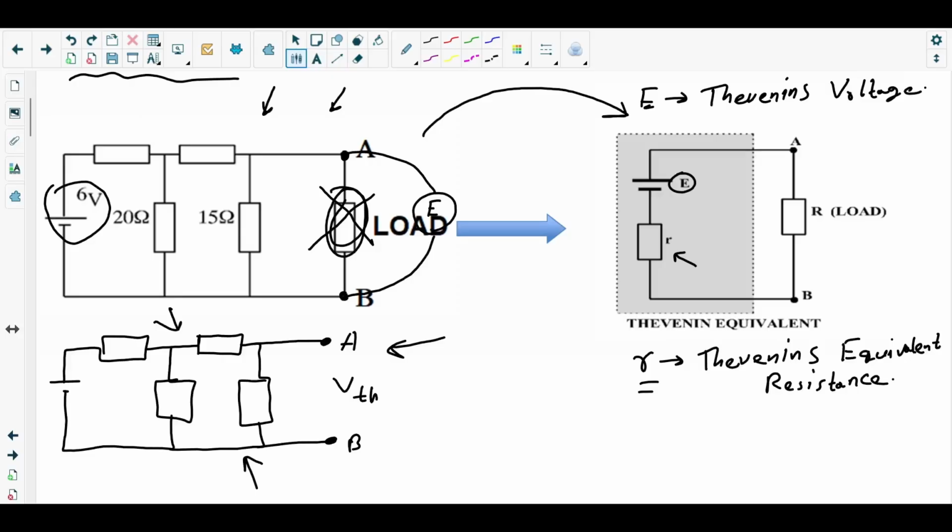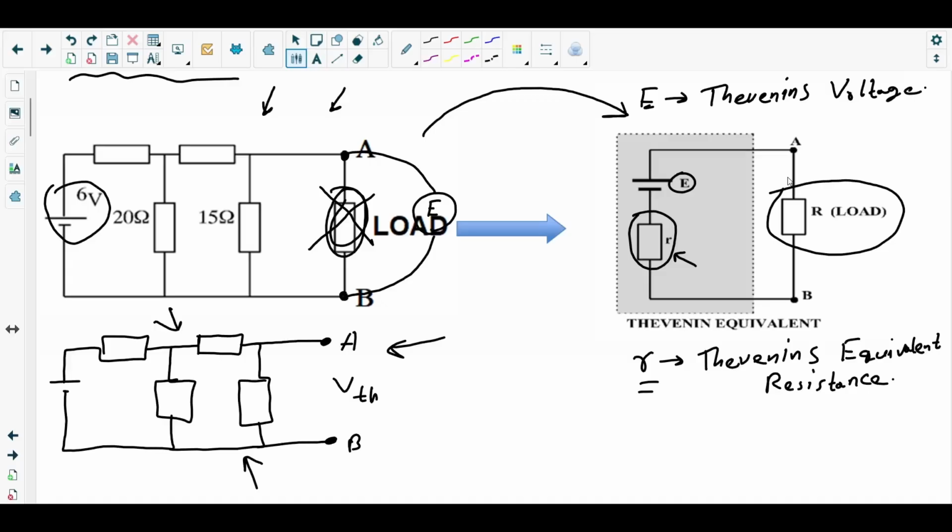So now there's a very confusing question. Most students get confused in this part. The question is, why is the internal resistance, that is the Thevenin's equivalent resistance, the small r you can see here, connected in series with the load resistor? Okay, I'll explain that question, but before that I would say, when I said Thevenin's voltage,